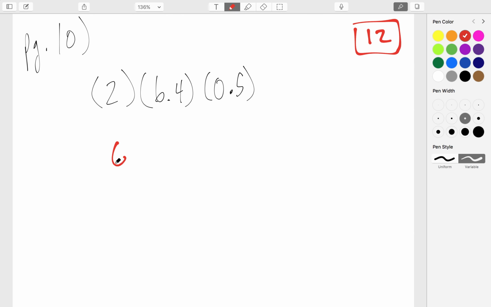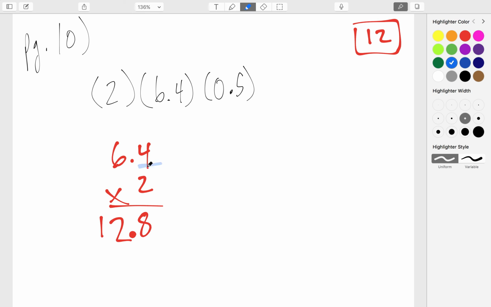So we're going to write 6.4 times 2, 8, 12, right? Where does the decimal go? Okay, well, if you round, this would be about 6 times 2, which is about 12. So if I put it here, 1.28, too low. Put it here, 12.8, that sounds about right. Here, way too big, 128. Decimal has to go here. The actual rule, there's one spot to the right, so you move it over 1 time. So now that you have 12.8,